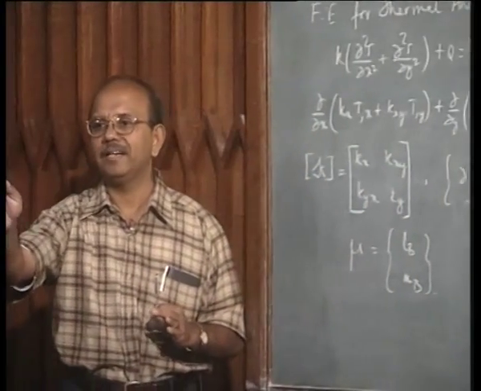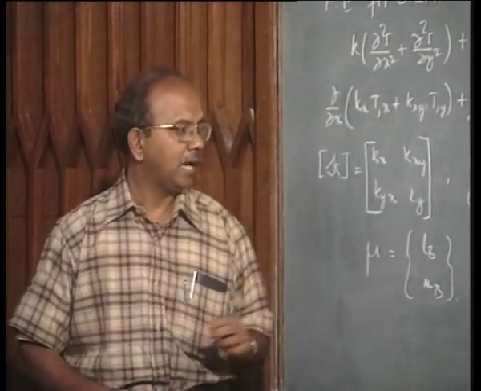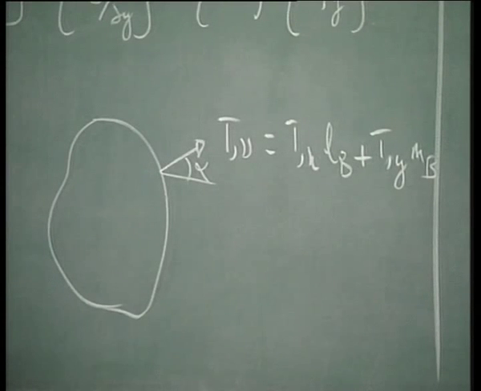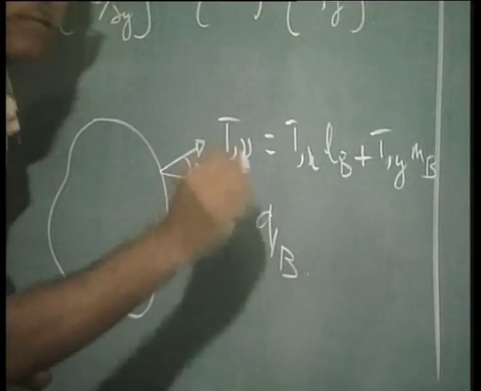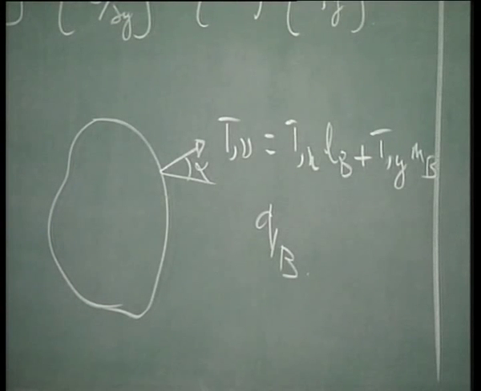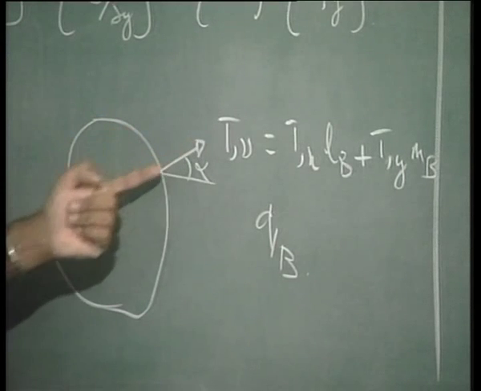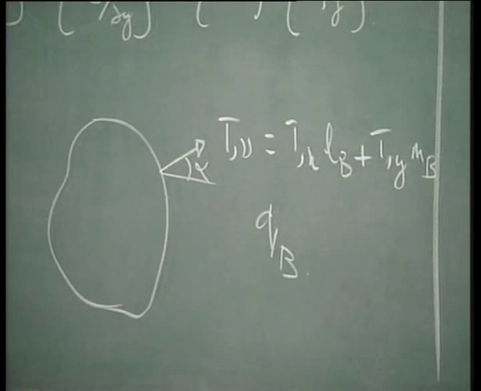Heat flux and temperature. So in a part of the boundary, there can be heat flux that can be given. Let us call this QB. Let us say that this is equal to QB. So how do we write QB? Say that heat flux may be in this direction. So how do you write QB?